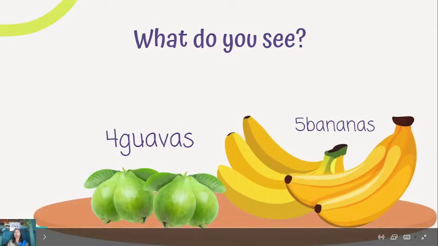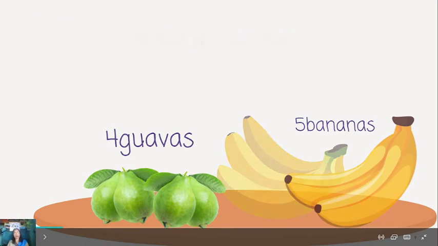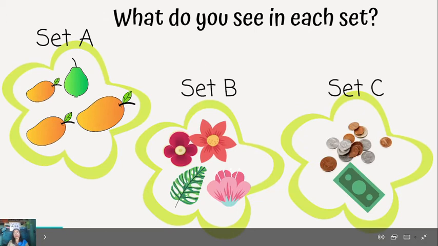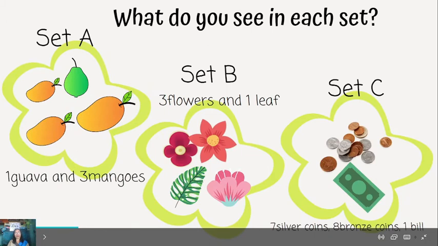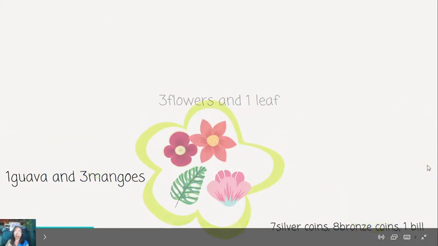and I hope you can see same as me, seeing 5 bananas and 4 guavas, and also whatever is in the set A, B, and C, whatever is inside the flower symbols. I hope we are seeing the same thing. So for example, we have 1 guava and 3 mangoes, 3 flowers and 1 leaf, then 7 silver coins, 8 bronze, and then 1 paper bill. Now,